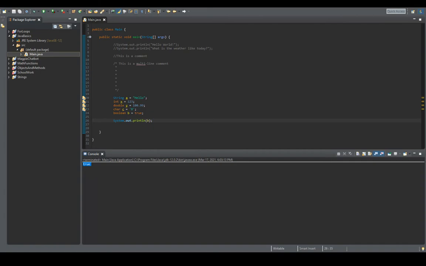Then we have booleans, which are 1 bit, as they only store a true or false value, which is the reason it takes up such less size. And we have char, which takes up 2 bytes, storing a single character or letter, or an ASCII or Unicode value. Okay, so now let's move on to the next subtopic. Oh, and we also have